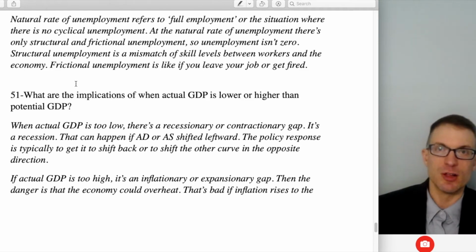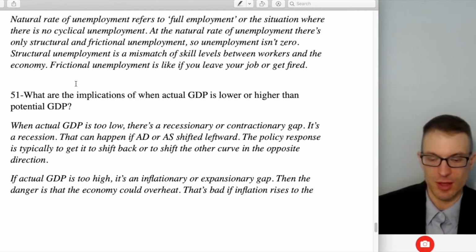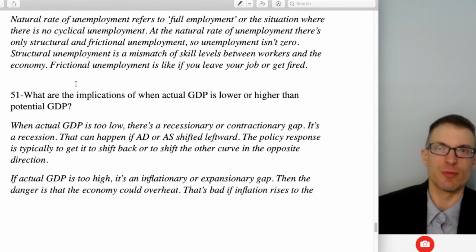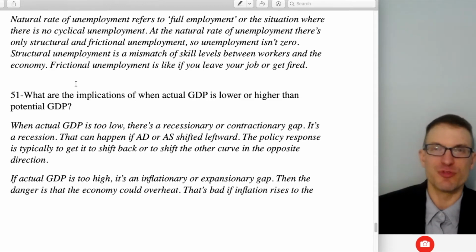So cyclical unemployment has to do with the fluctuations of the economy. Structural unemployment has to do with the mismatch of workers with the jobs available in that region. And frictional unemployment has to do with the mismatch between your own employment and the job. It's sort of like if you immediately graduate from college and haven't got a job yet, that's frictional unemployment. If you get fired, that's frictional unemployment. We'd expect frictional unemployment to be pretty temporary. You've got to just find another job in the region around you.